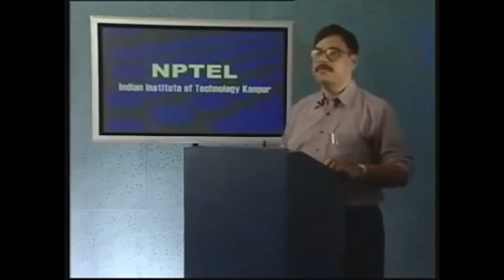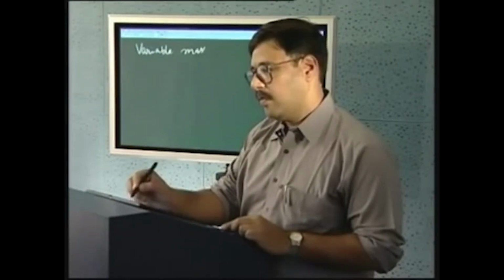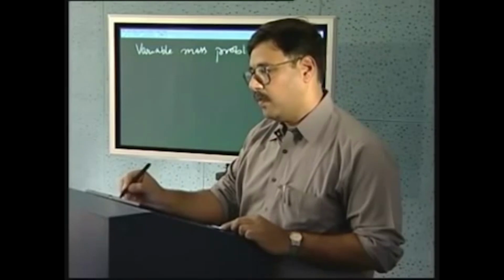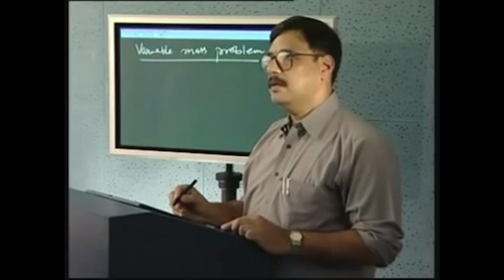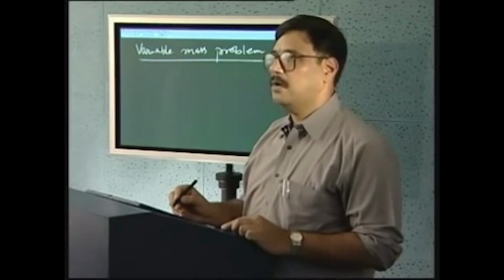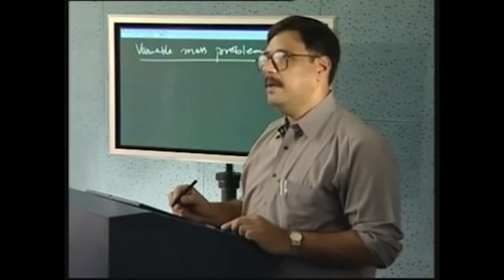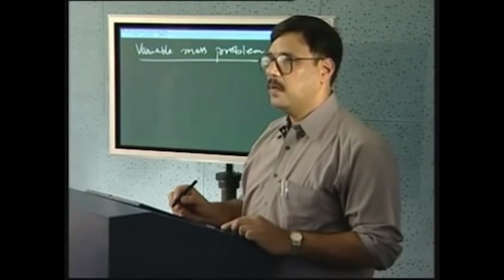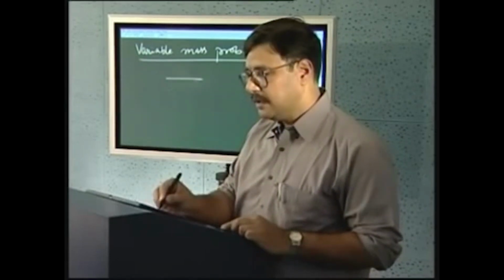As a final example of the application of the concept of momentum, let me look at a variable mass problem, where my system of interest either has mass coming in and adding on, or is dropping some mass. A familiar example of this is rocket propulsion, where the gases are exhausted. So, to formulate this, let me take